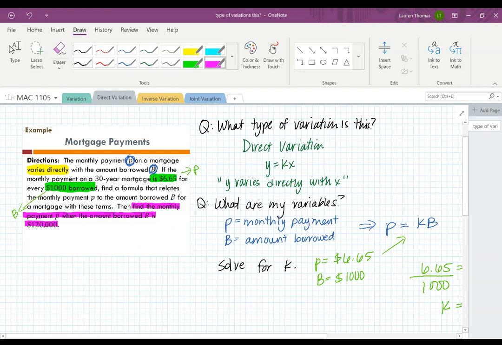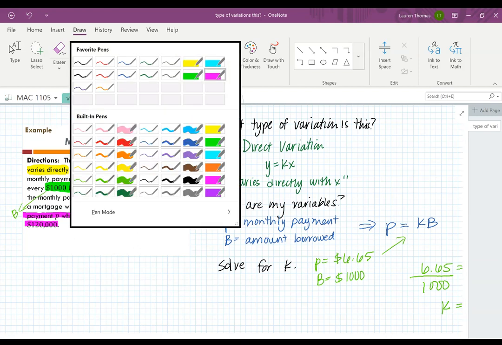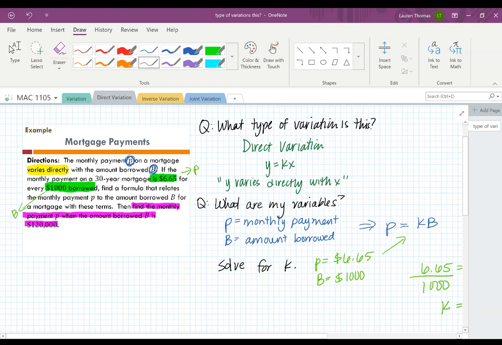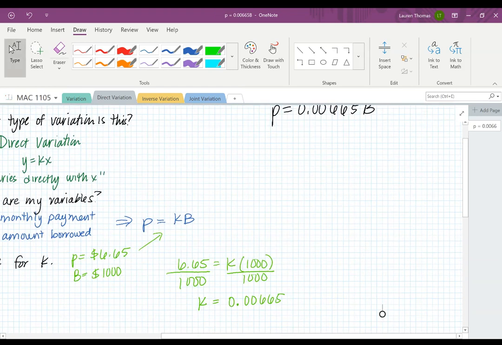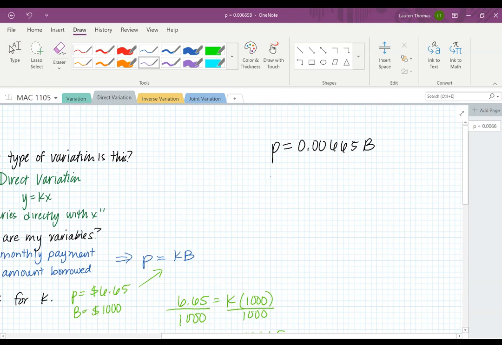So we are looking for a P when B is that much. Let's write that down. The question we are asked is to find P when B equals